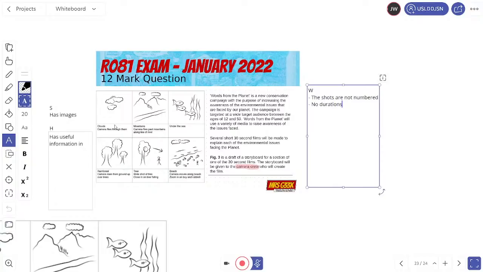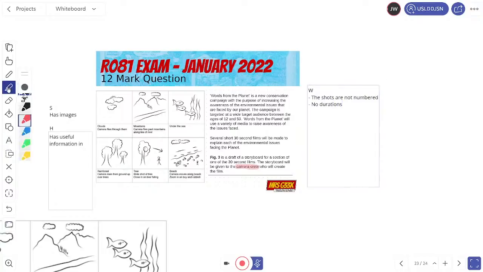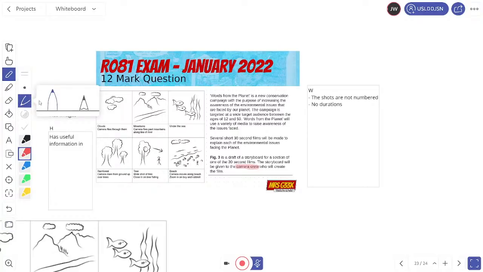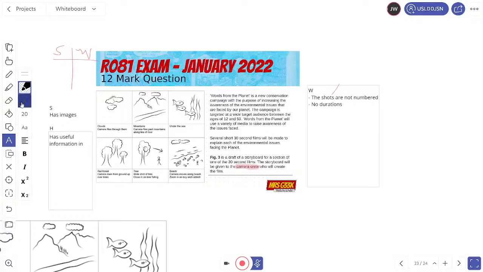And there's a really quick way. So then I've got on the paper there already, just in a little short form. I've marked the papers of mine that do it, and you'll see they literally do a little thing like this. They'll do S, and then W, and just scribble them down before they start talking about it in detail. So it's a really nice way to just get your head straight before you start writing. So let's move this out of the way. There we go. All right, so I'm now going to use this as my template to write the 12 mark answer. Let's see how we get on with this.